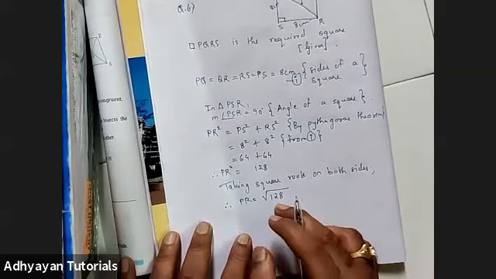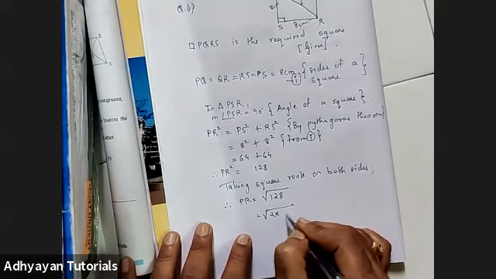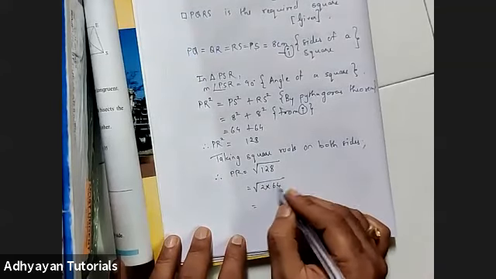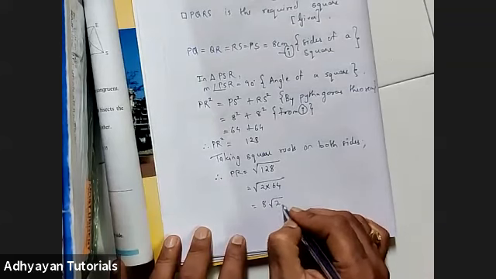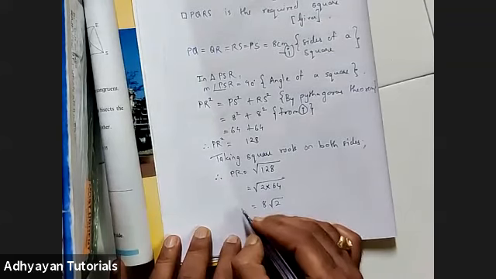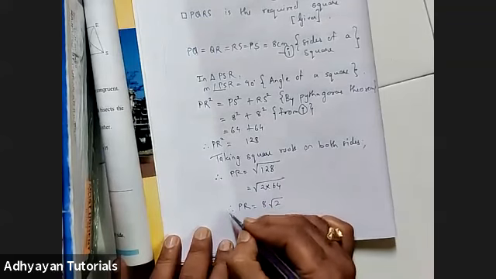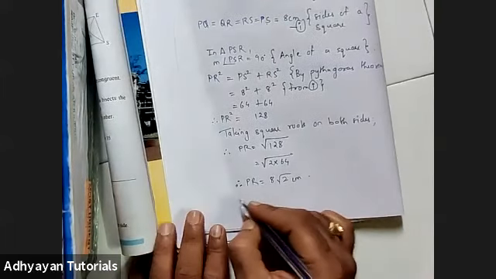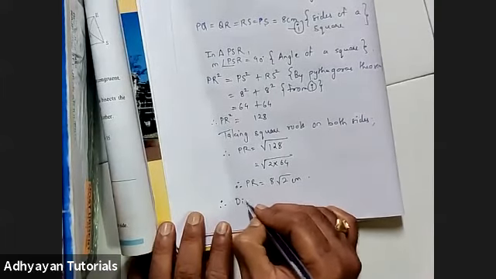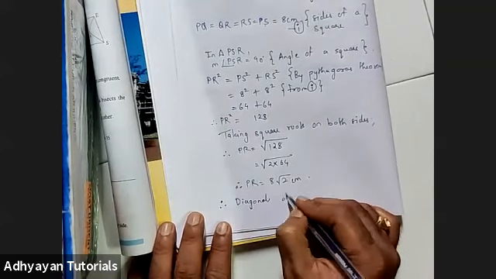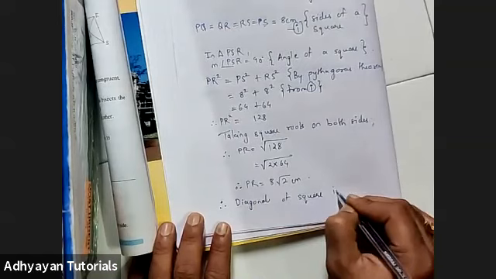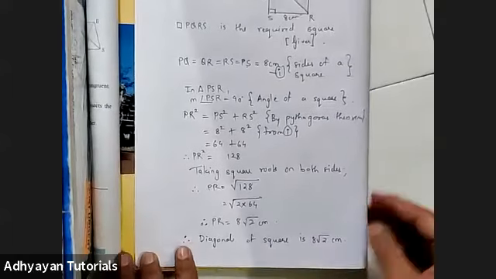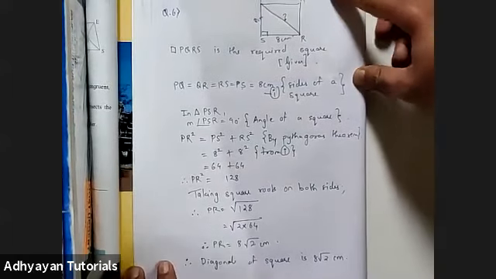Okay, 128 can be thought of as 2 times 64, right? Okay, 64 is a perfect square, तो वो 8 हो जाएगा root के बाहर आकर के, but root 2, the 2 inside the root will remain as it is. So the final answer, children, for diagonal is 8 root 2 centimeters. So I'll just have to write down the final statement as, therefore diagonal of square is 8 root 2 centimeters. I hope everybody has understood this, right? So you can just copy the sum.